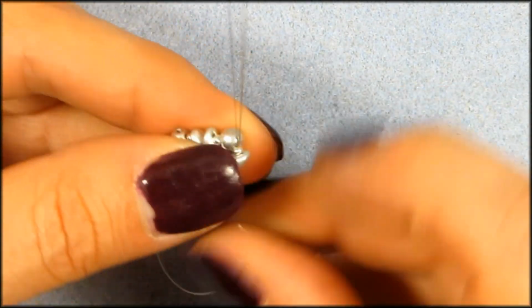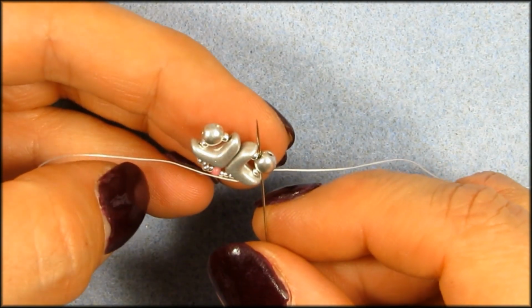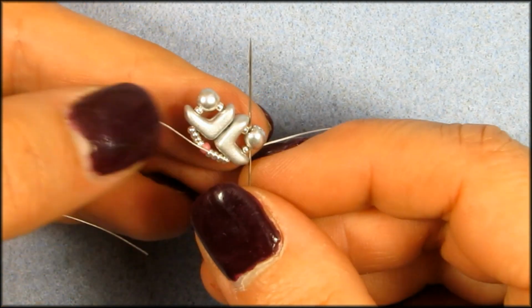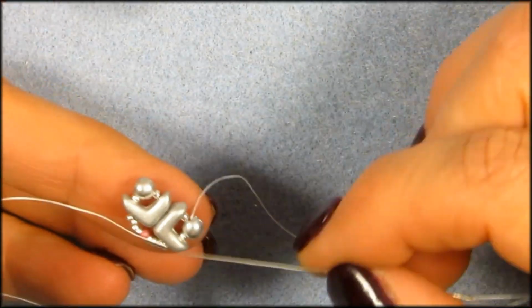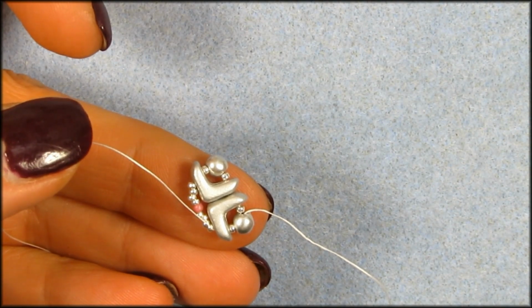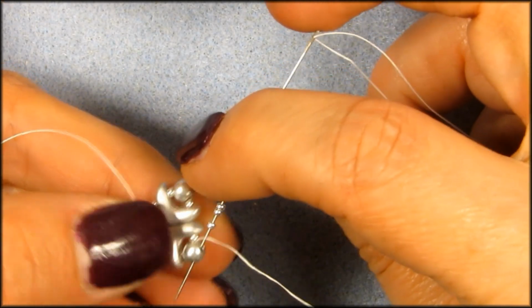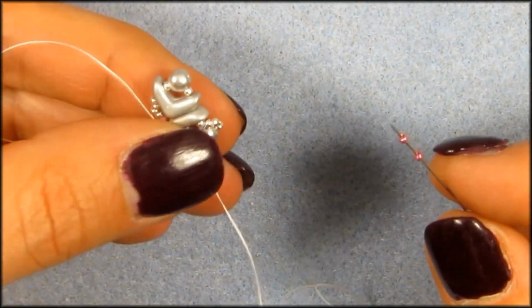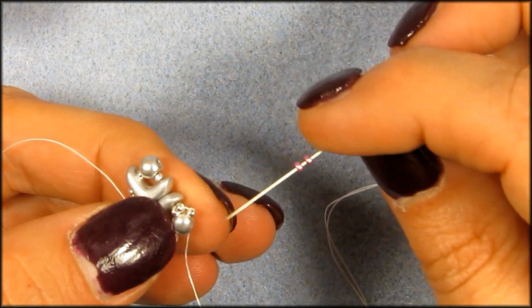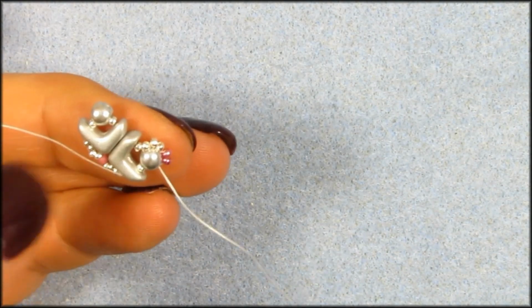the mini duo, or the round duo mini, what is it called? Go into the hole of the, I'm going to call them mini duos, it's just easier. Into the mini duo. So next we're going to pick up 3 silvers, 1, 2, 3, and we're going to go into that next mini duo hole. Then we're going to pick up 2 of the second color, which is my pink. We're going to go back around into that mini duo hole, and then we're going to pick up 3 silver